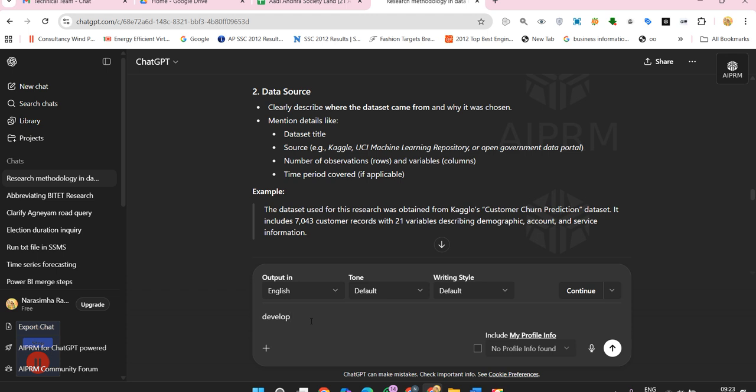So develop and test simple regression, multiple regression, logistic regression,